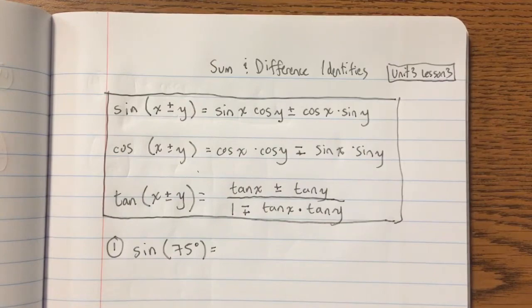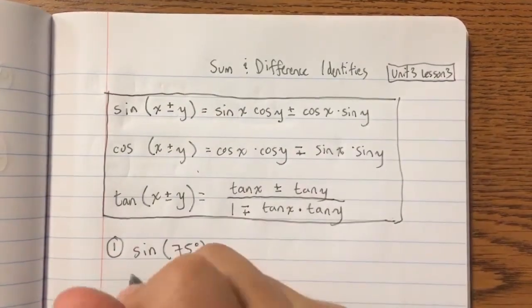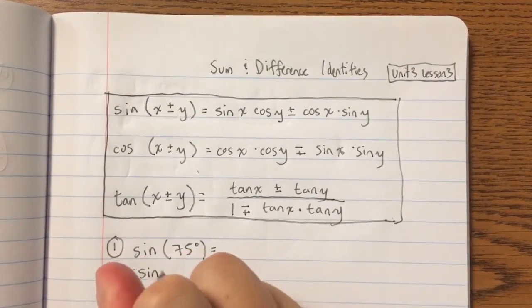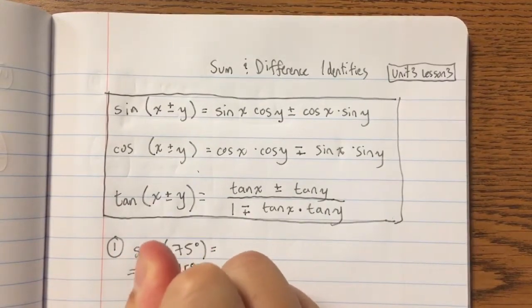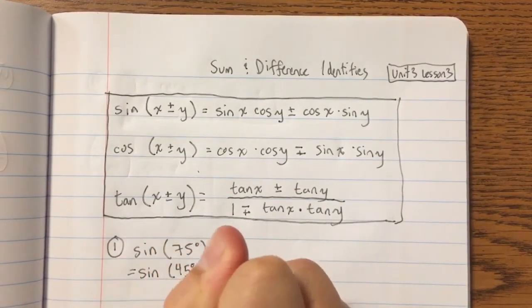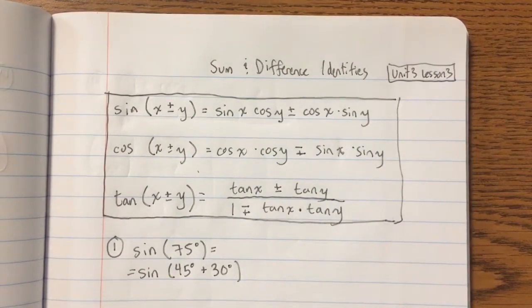45 and 30, right? So I can rewrite this as sine of 45 degrees plus 30 degrees. This is not a unique way to write this. You could potentially write this as a difference. You could do something like,